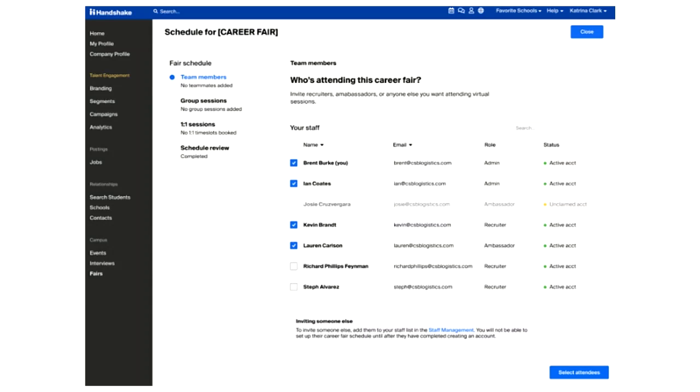So again, we used to just ask for names, but these attendees are actually going to have a recruiter account in Handshake, and this is a representative account in Handshake, which is a new role. Each employer is going to be able to have 15 representatives for their fair. So again, those individuals will have to be added, and those individuals will have to log in and accept whatever you sign them up for as the person registering your organization.